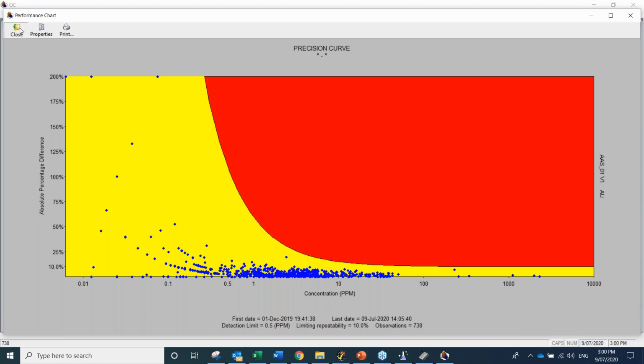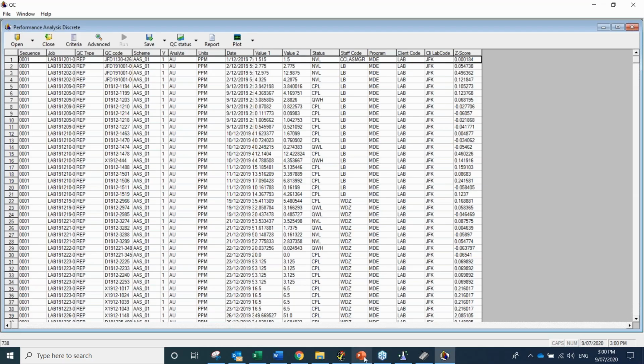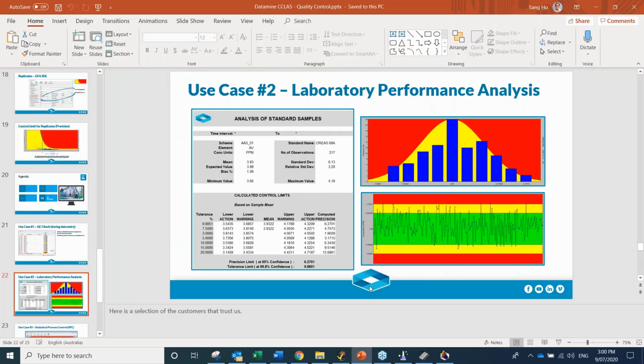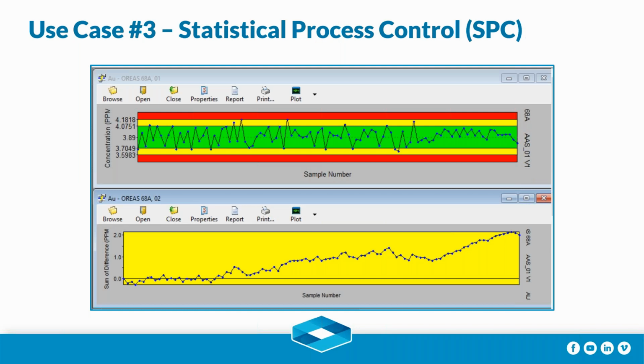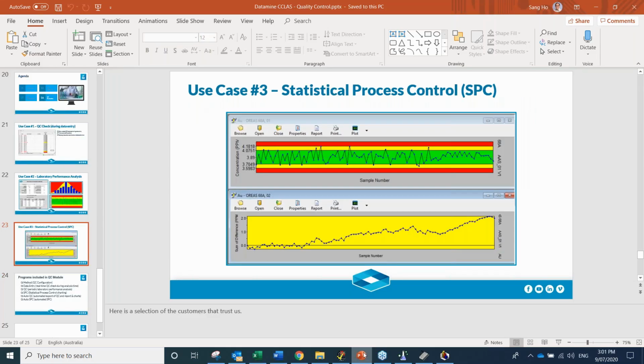All right, so that's use case number 2, assessing the laboratory performance for a period of time. The next use case is SPC, Statistical Process Control Charting. This is a dynamic real-time charting that is applicable to those labs that have a processing plant. So I'll do that by